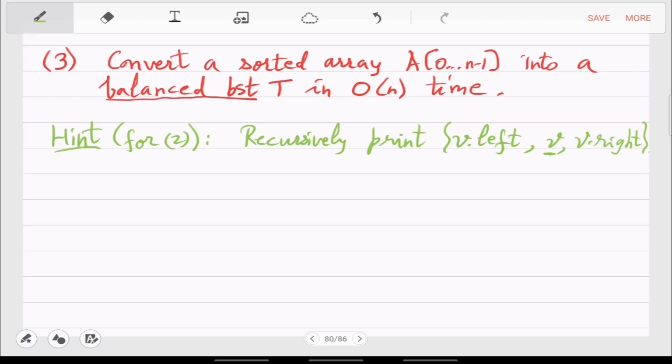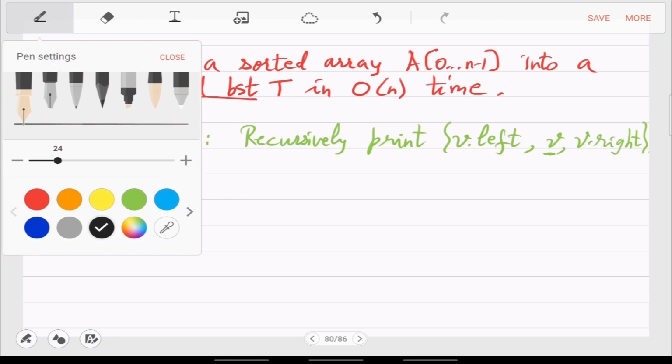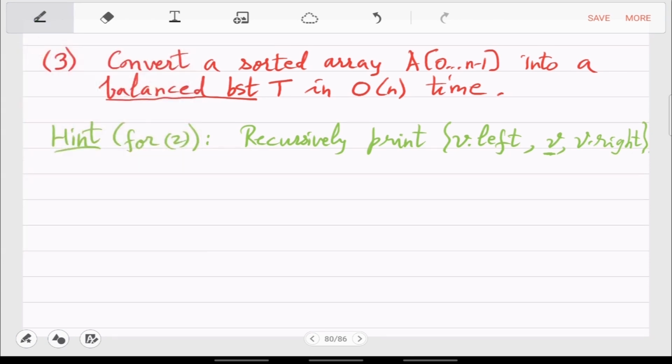No, I will not repeat. This is just a hint. So build on this, give the pseudocode. Because if I repeat, I have to actually give the whole pseudocode. That will take unnecessary time. So you do this as an exercise.